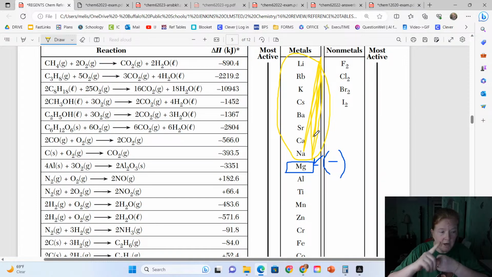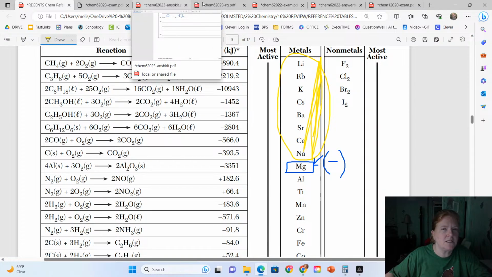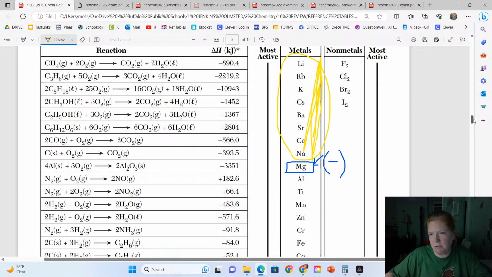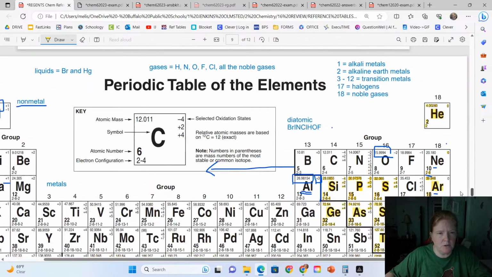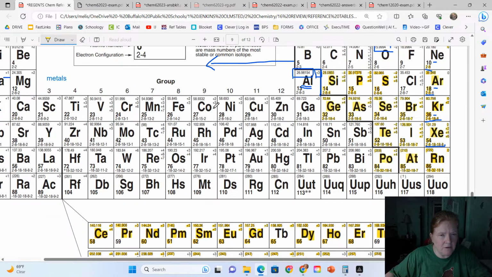Yes. More active, more easily oxidized. And how do I know? Because oxidizing means losing electrons. And on the periodic table, if I just look real quick, all of the metals have positive oxidation states, which means they lose electrons. So metals are great losers. Metals are the losers. Non-metals are the gainers, but metals are losers. Okay, so